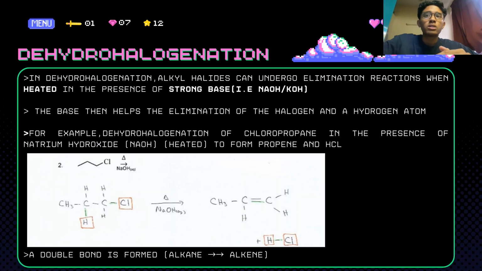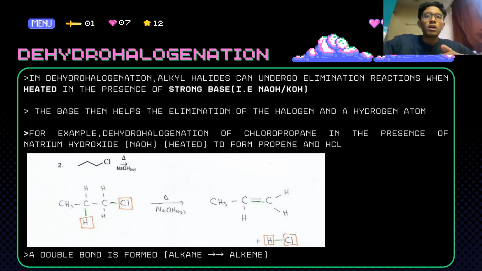In dehydrohalogenation, alkyl halides can undergo elimination reaction when heated in the presence of a strong base, for example, calcium hydroxide. The base then helps the elimination of the halogen and a hydrogen atom. For example, dehydrohalogenation of chloropropane in the presence of sodium hydroxide, heated, forms propene and HCl. Notice that propene has a double bond and HCl is originally from